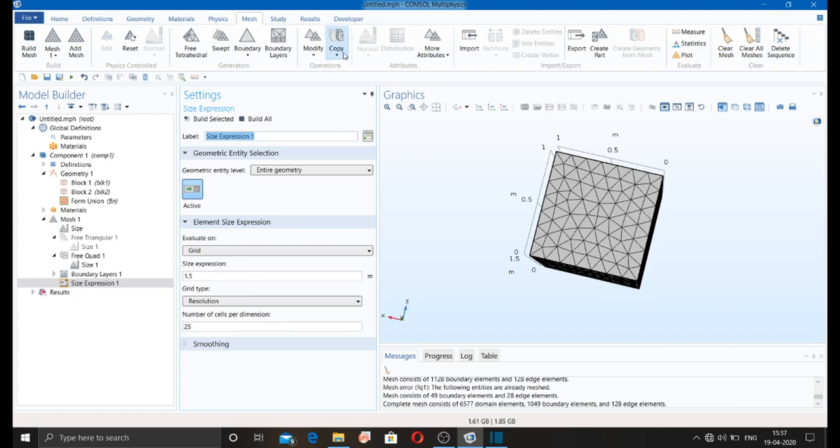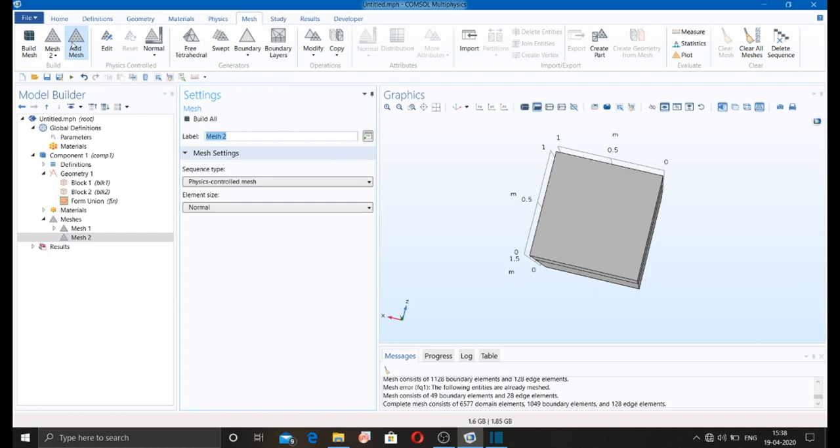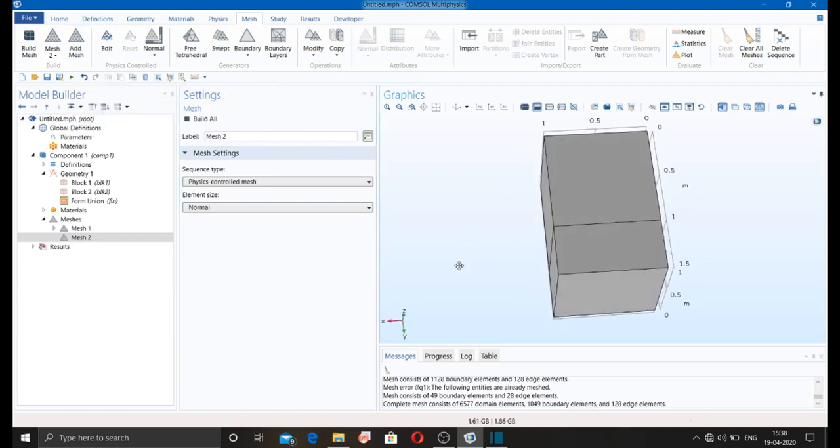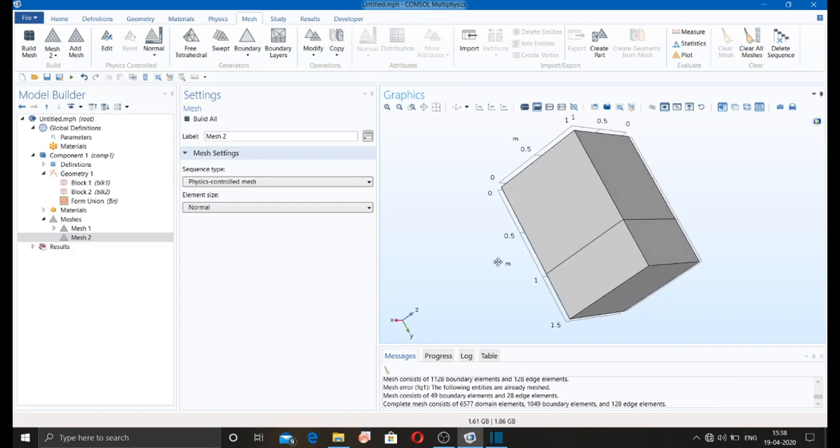You can copy it, scale it, import, export, clear mesh, clear all mesh, delete sequence, create part, reset, anything else, and you can add as many meshes as you want. It depends on you.